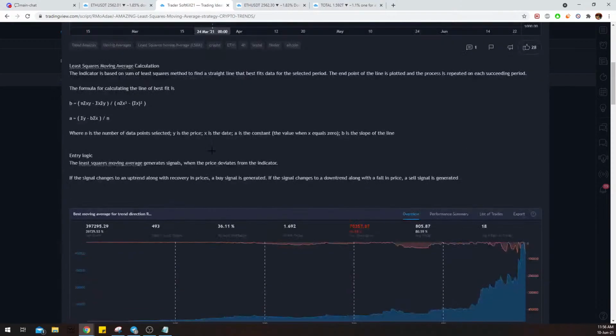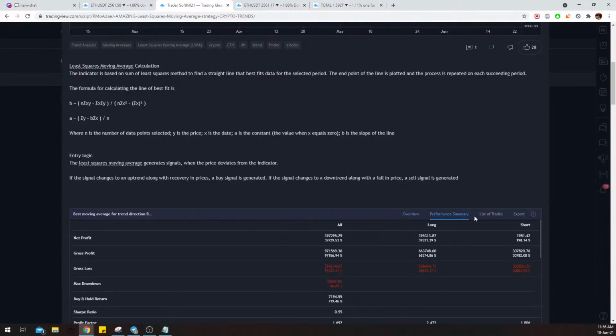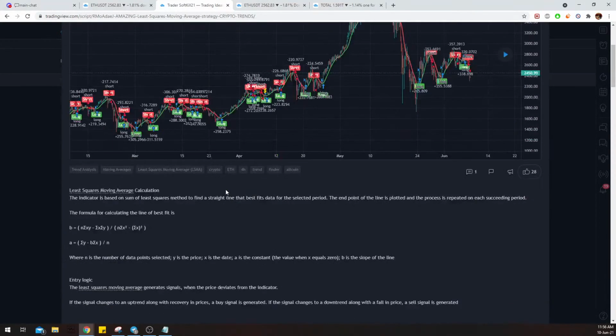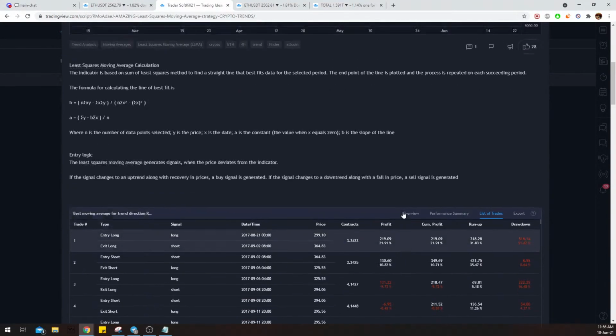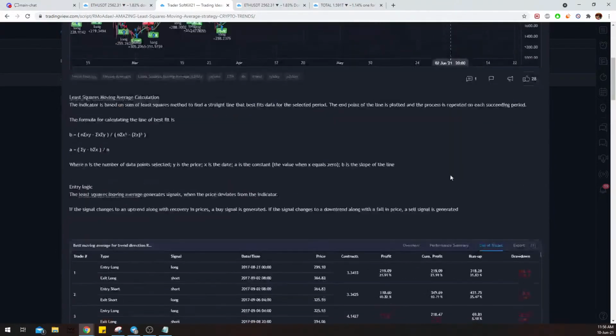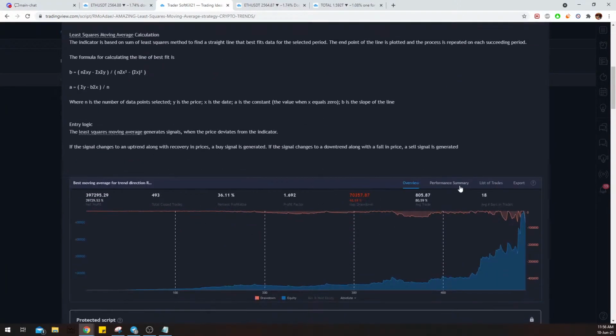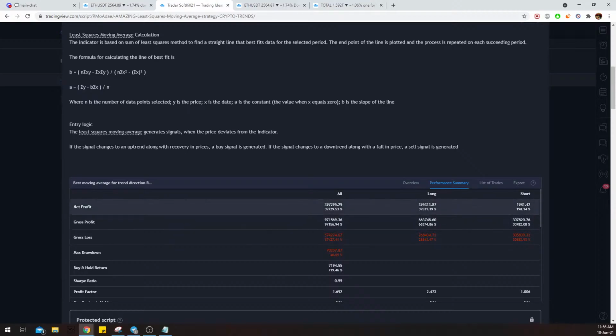And you can see, for example, in this case, it beat the buy and hold as well by a very, very big margin since 2017, for example, in case of ETH USDT. So just by using the moving average, you already have an amazing tool in your hand. So it's very, very powerful. You can see, yeah, we don't make so many trades in short, that's for sure, but overall for the long trend, it's an amazing tool. So anyway,